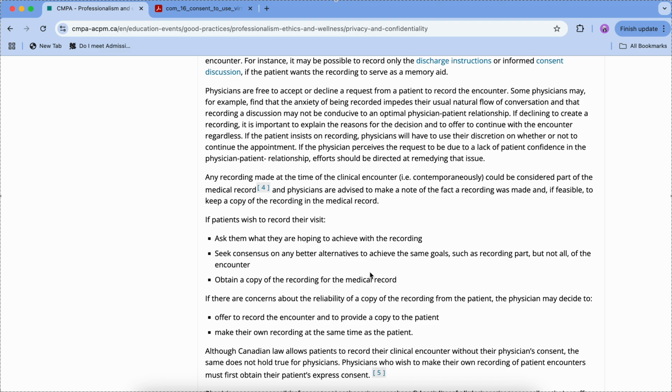Although Canadian law allows patients to record their clinical encounter without their physician's consent, the same does not hold true for physicians. Physicians who wish to make their own recording of the patient's encounter must first obtain their patient's express consent. So this is like